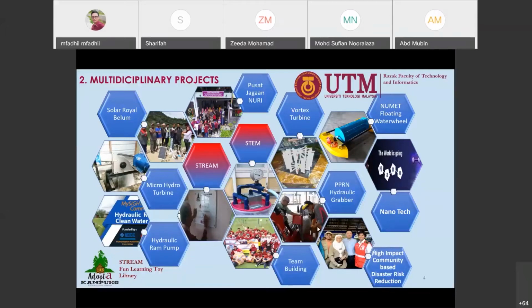Razak Faculty has its own advantages because the academic staff has many disciplines and various fields of multidisciplinary expertise. One of the projects that UTM Razak academic staff are involved in is STREAM, and STEM, and then we have a community in Royal Belum where we install a micro hydro turbine, and we also have the high impact community-based disaster